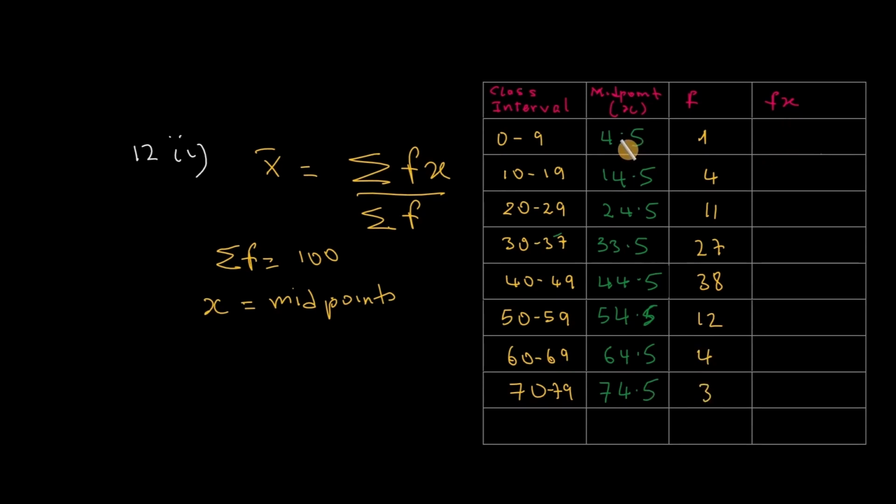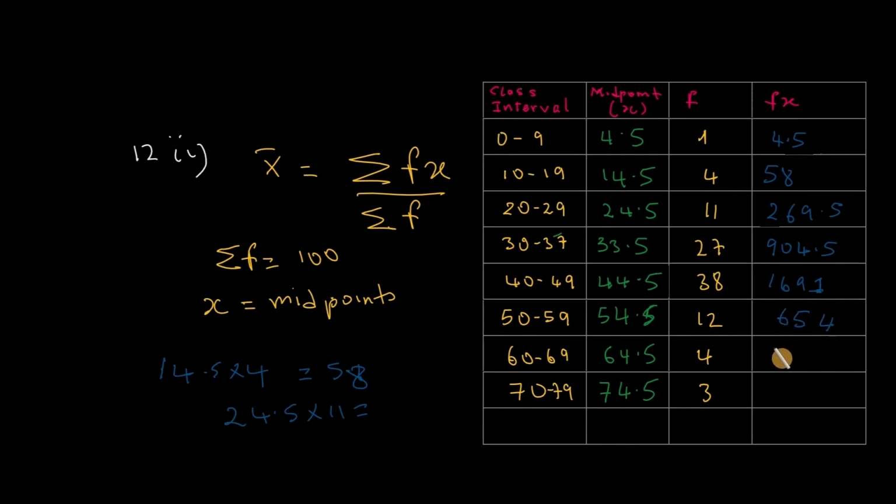fx means 4.5 times 1 is the same as 4.5. 14.5 times 4 is equal to 58. So here I put 58. 24.5 times 11, 269.5. 33.5 times 27, 904.5. 44.5 times 38, 1691. 54.5 times 12, 654. 64.5 times 4, 258. 74.5 times 3,